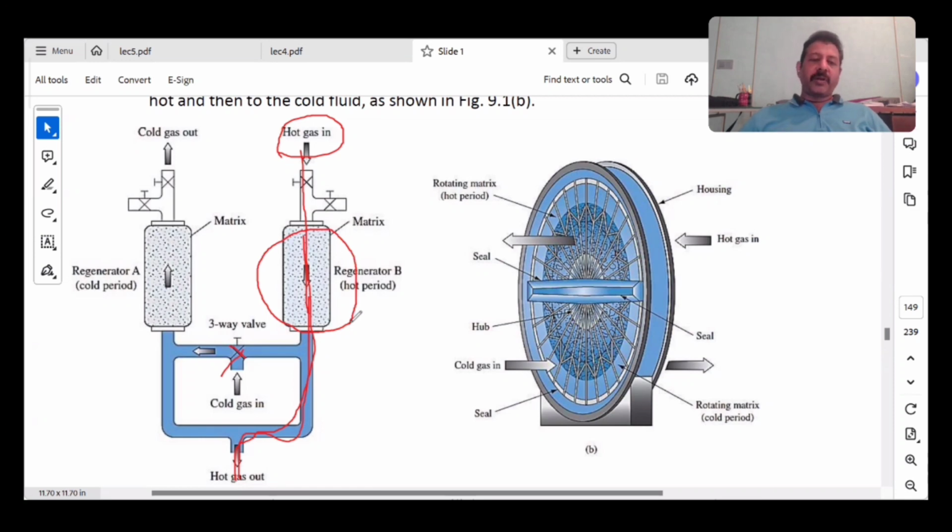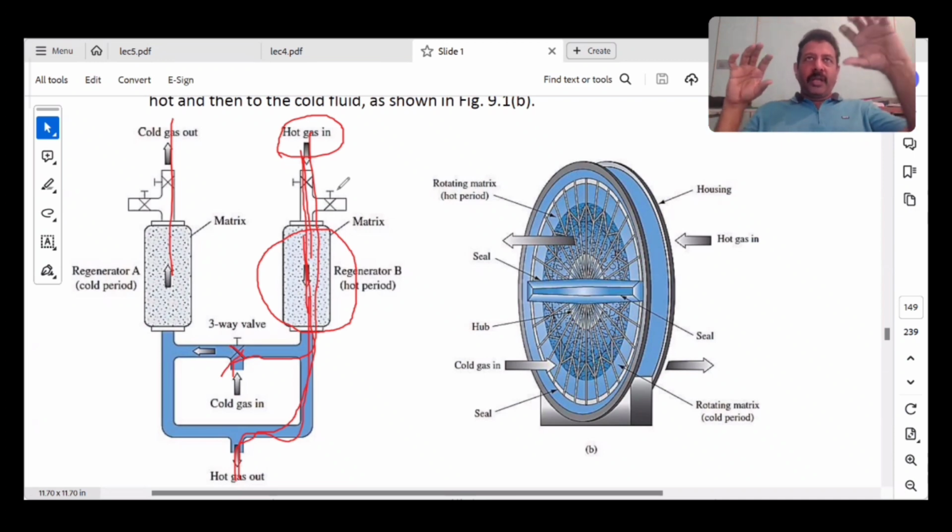அடுத்த சைக்கிள் என்ன பண்ணுவேன், கோல்டு கேஸ் அனுப்புவேன். இந்த valve ஓபன் பண்ணிட்டேன்னா cold gas will flow and it will come like this. So இந்த மாதிரி இப்போ alternate cyclesல பண்ணுவேன். So இதுல hot வரும்போது இதுல வழியா cold வெளில போகும், ரைட்டா? So இந்த மாதிரியே ஒரு alternate cycle. The first concept is like this: hot gas will lose the heat to the matrix, come out. Cold gas will enter, gain the heat from the matrix and come out.